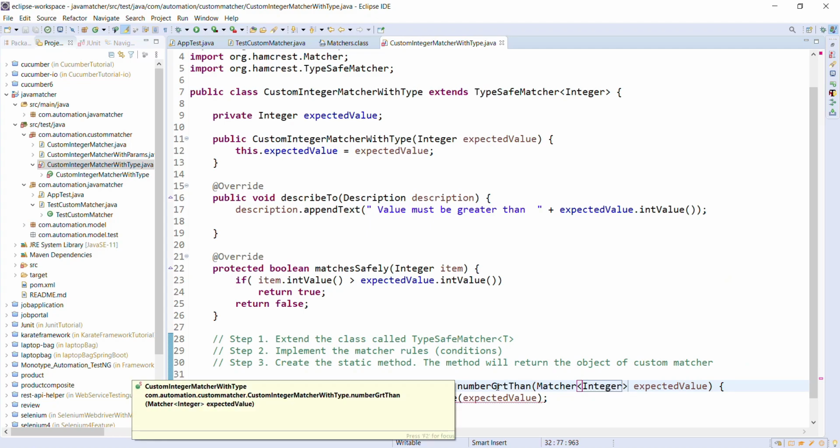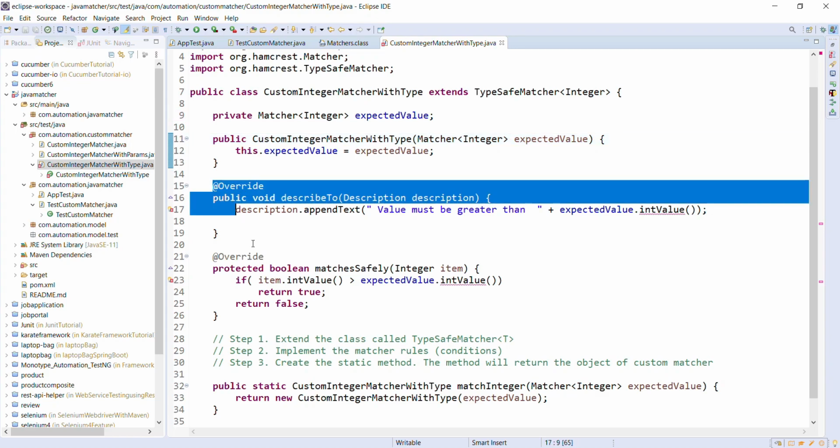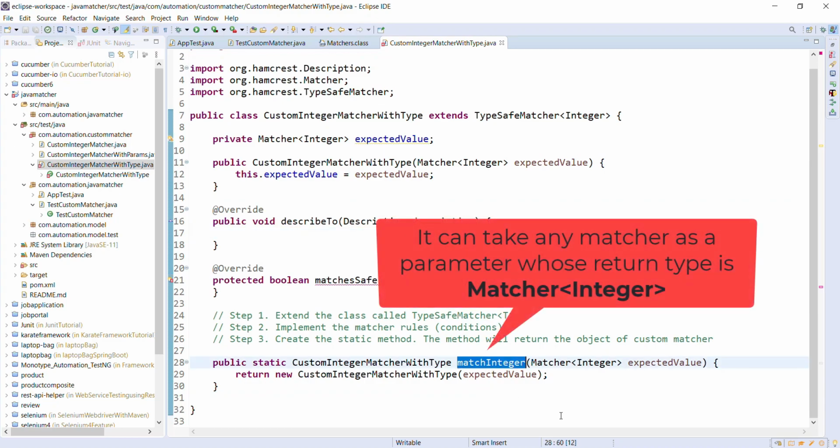And also let me change the name of the method. Let me also update the type at all the places where this variable is being referenced. And I'm going to redefine the implementation of these two methods. So now this method can take as a parameter any inbuilt matcher whose return type is this.